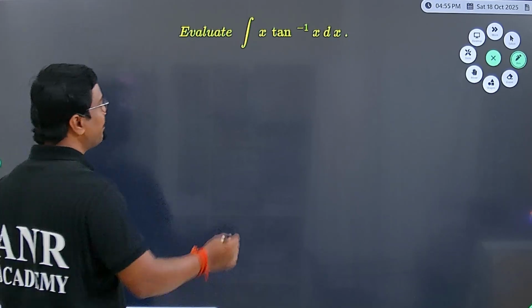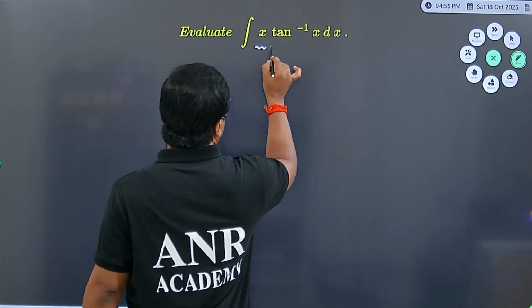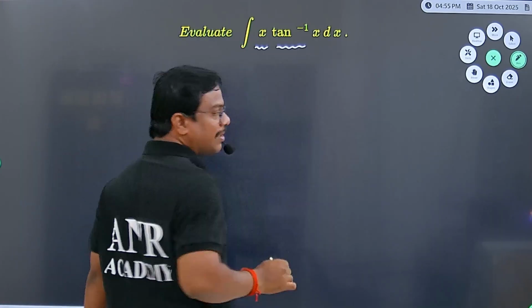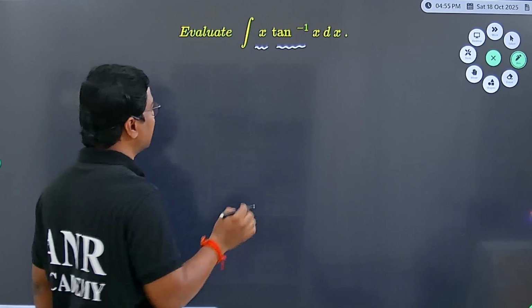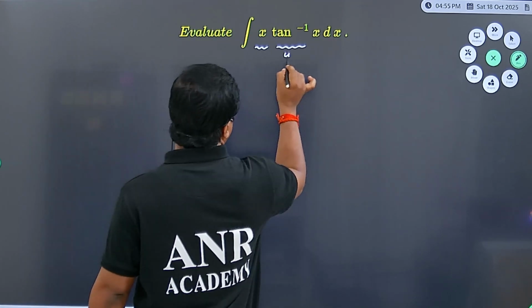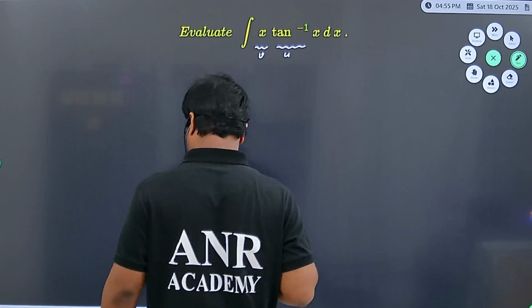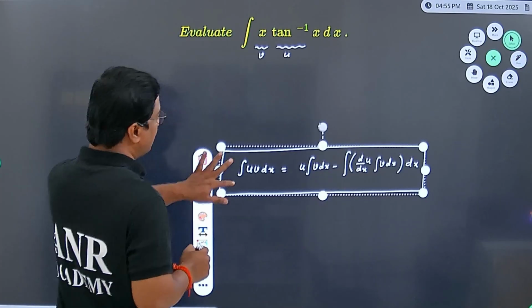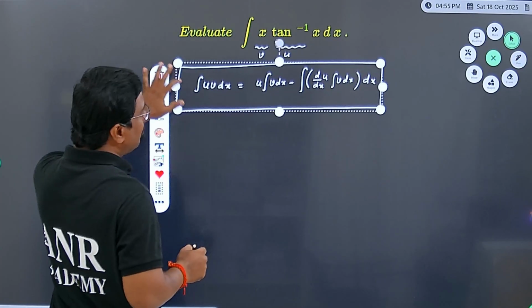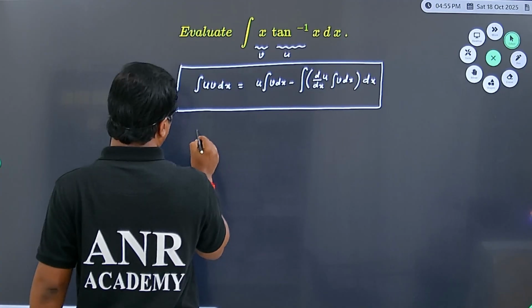Next, evaluate x into tan inverse of x. This is the question. Using ILATE, the first priority goes to inverse trigonometry. This is u and this is v. The UV rule we need to apply. Therefore,